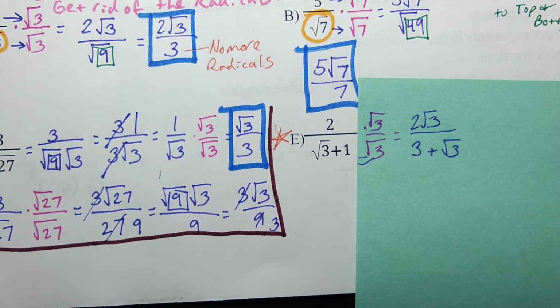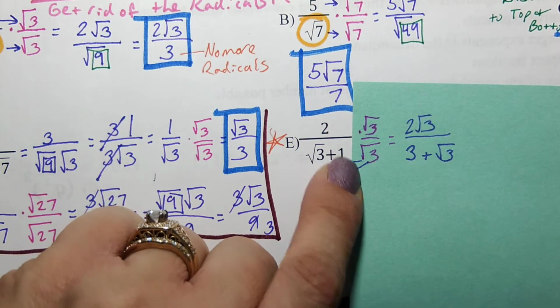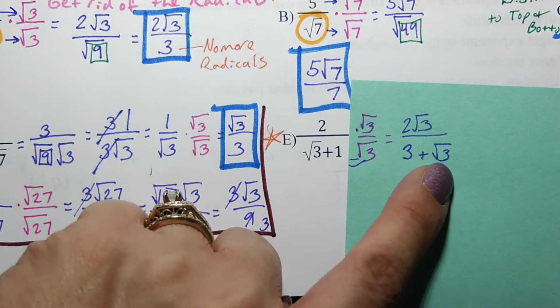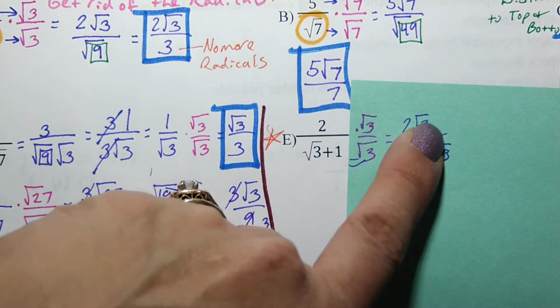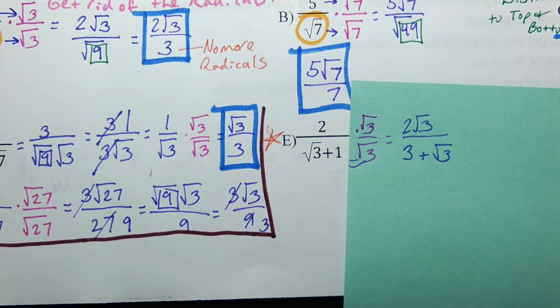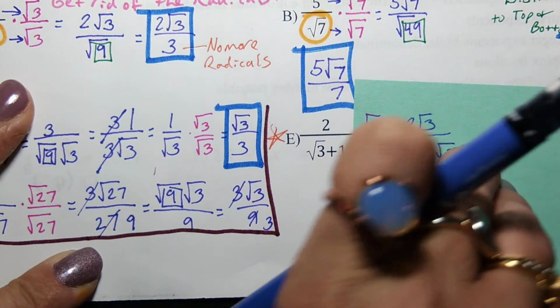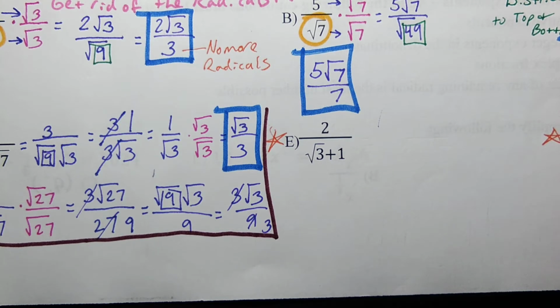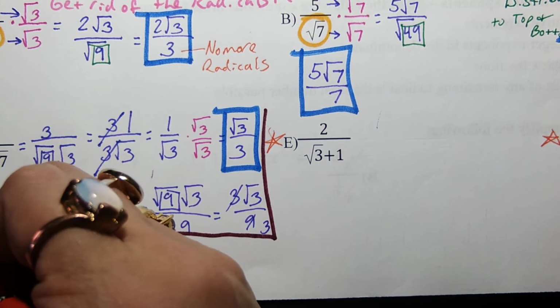So we'll just keep going in that loop. Yeah, then we just keep looping. It's like, that didn't get rid of my radical. It just made my number a little bit bigger. Instead of 1, we now have 3. And now I've got another radical over there, and then another radical on the top. So if I try to keep multiplying by radical 3 to get rid of it, is it going to work? No. So when I have a binomial, so this is our rule, for binomials,